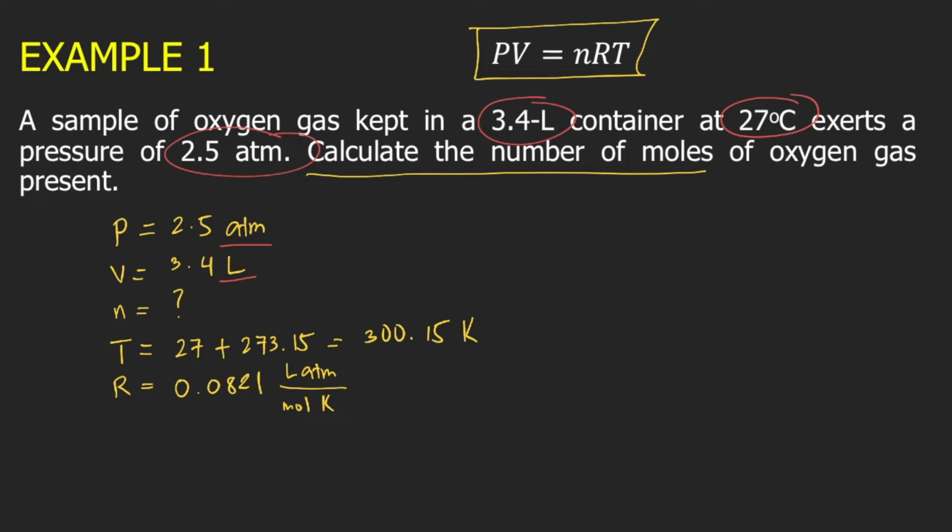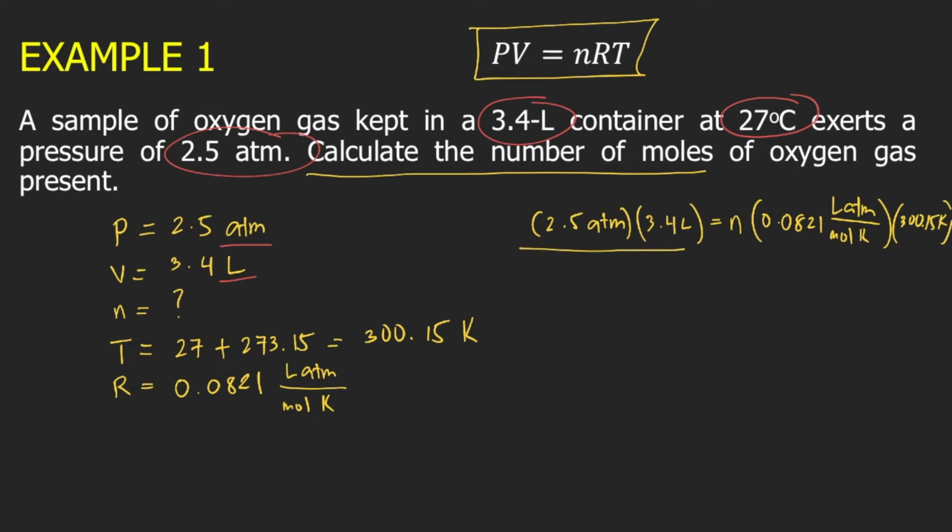So PV equals nRT, so we have P, V equals N, which is unknown. So just write N, and then R, and then T, which is 300.15 Kelvin. So in order to solve for N, what you do is you divide both sides of the equation by